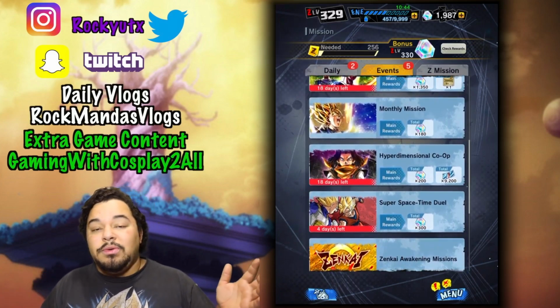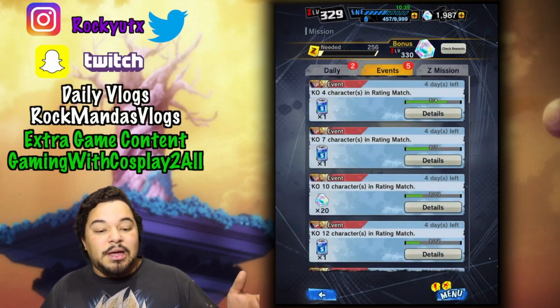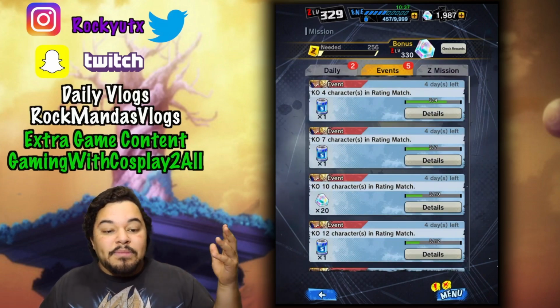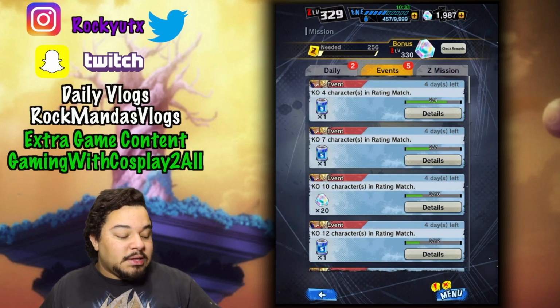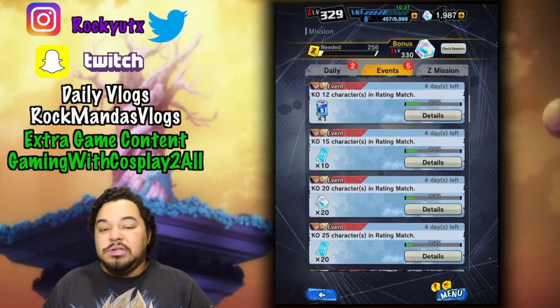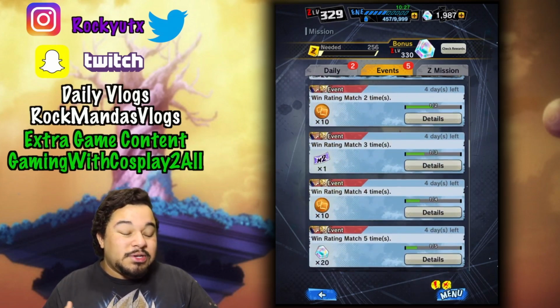But a spot where you definitely can get a lot of energy tanks is from the Super Space-Time Duels for PvP. It is super easy to do. Even if you win or lose, you can get some stuff here by knocking out just a few catchers here and there. This is what I like about the missions here,